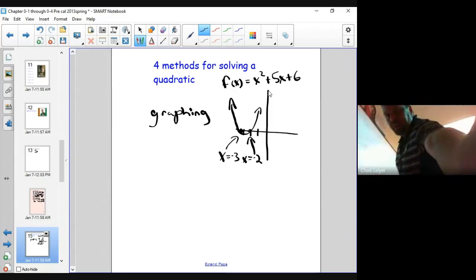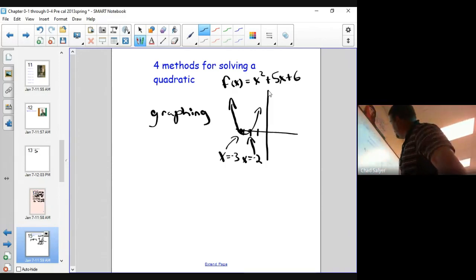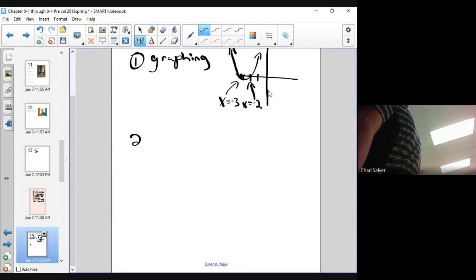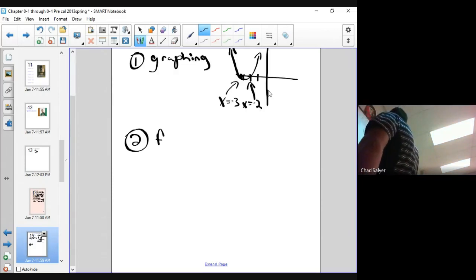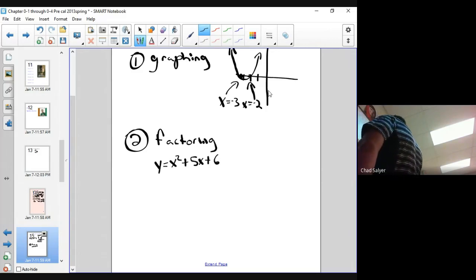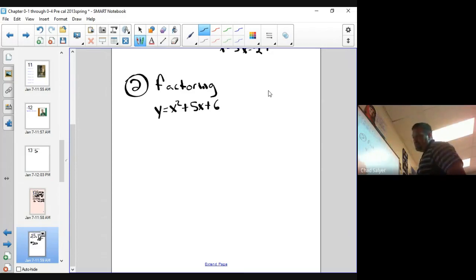Okay, so the next method is going to be by factoring. So let's use the same problem. Y equals x squared plus 5x plus 6. So there are two sort of